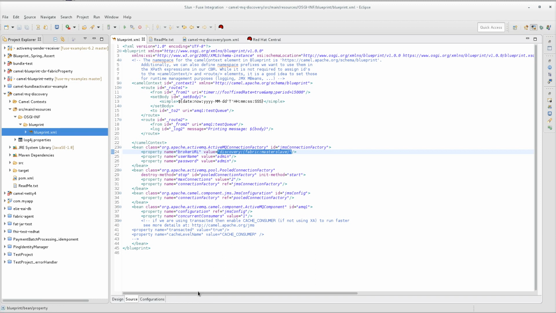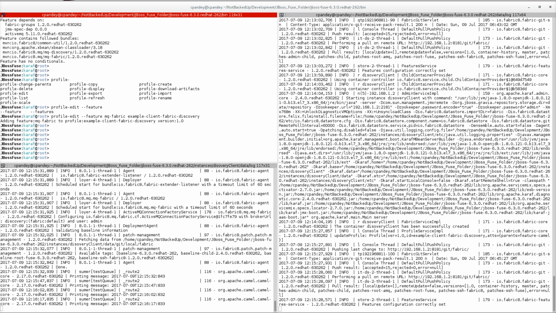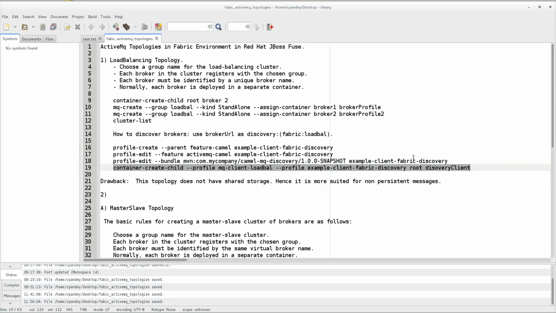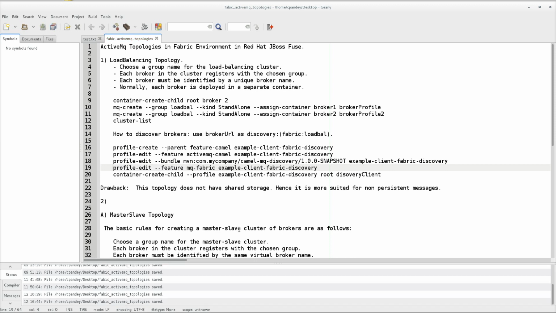So we have to install this feature. Otherwise it throws that error. So this is it, guys. Let me copy it here as well, so that it helps us in future references.